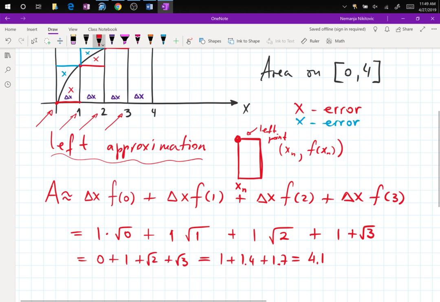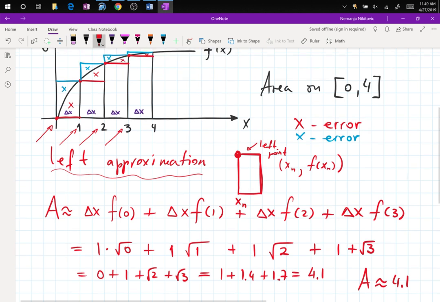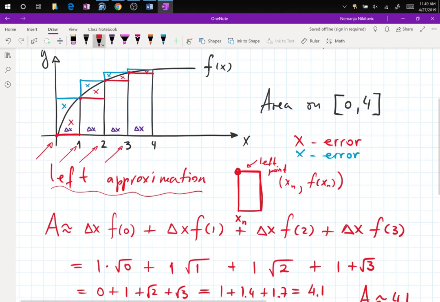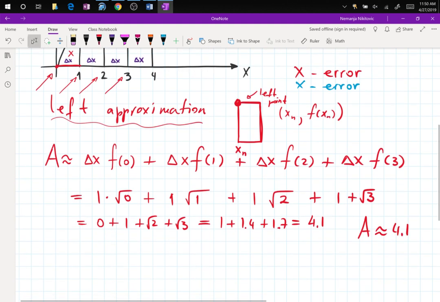Now, area is approximated to be 4.1. We know that the actual area is larger because all of my red rectangles were undershooting, right? So all of these red x's are error. So the true area is actually larger than 4.1. But now for blue, with the right hand approximation,